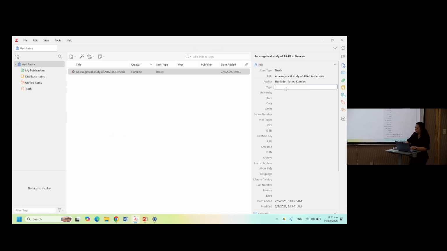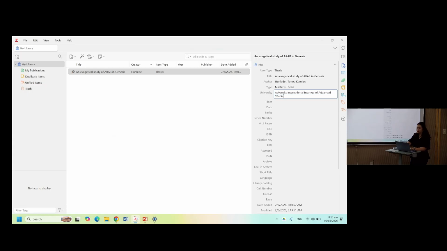Now since this is a master's thesis, the university is Adventist International Institute of Advanced Studies. Place is Cavite, Philippines.